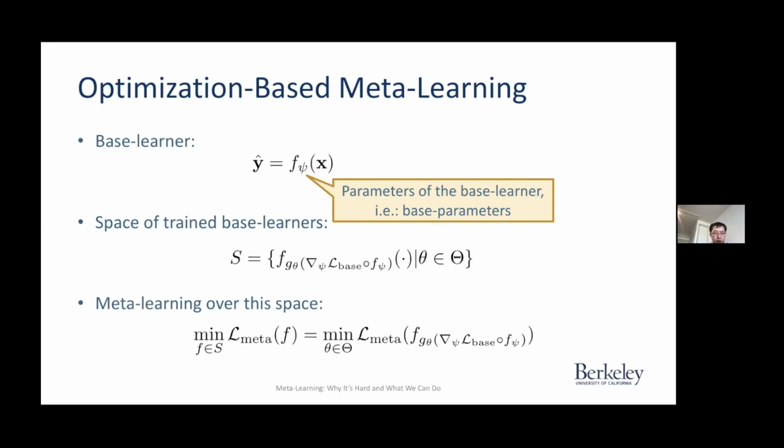Initially, you can think of the simplest setting, right? This meta model, maybe it is just gradient descent. It's just going to take in the gradients of the classification loss with respect to the base parameters, scale that, and then use that as its prediction. That reduces to exactly applying gradient descent to train your base model.